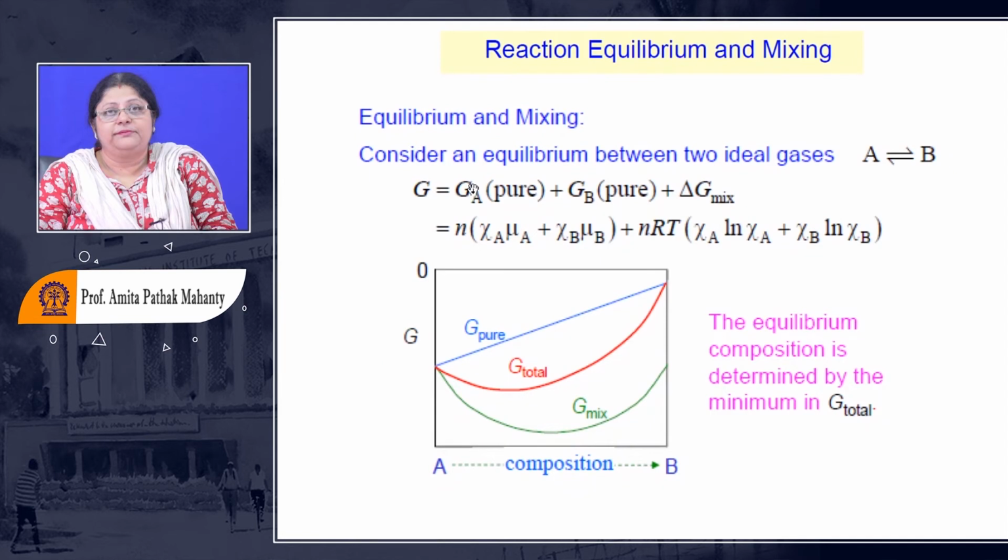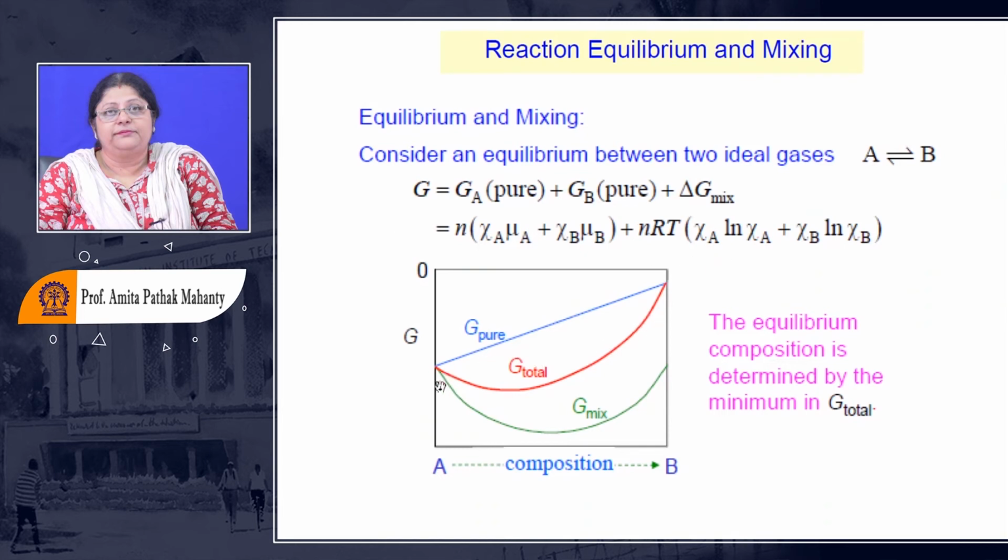And what I have for the G for the pure system, if you remember, G is nothing but number of moles into the chemical potential. So the number of moles in this is Na, but if I want to make the expression uniform, I can write down what Na is. In terms of mole fraction, A is Na divided by total number of moles. So Na can be written as mole fraction of A into N. So I have written that in to make the expression uniform.